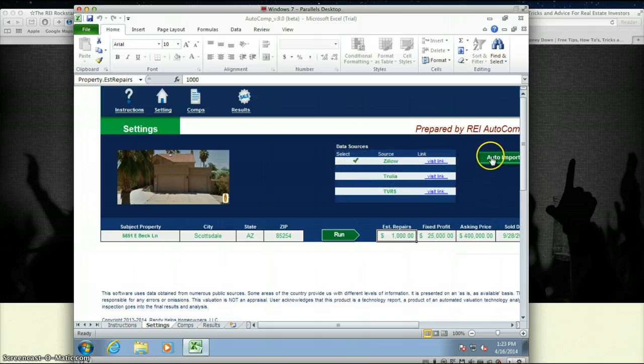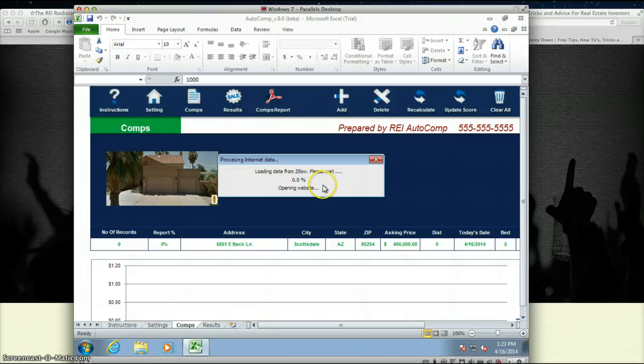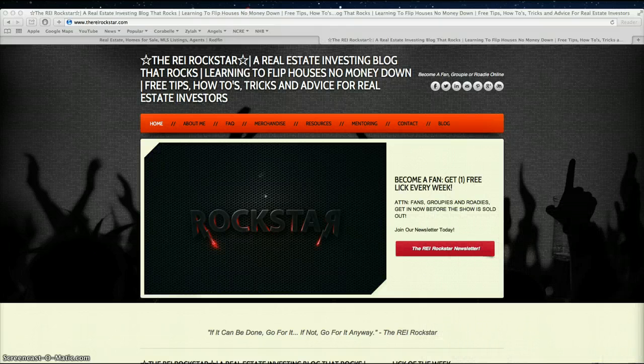You can see I have Zillow selected, and I'm just going to go ahead and select that, and it's going to start bringing in comparables offline. It'll locate them and start bringing them in. And what I'm going to do is set this aside, guys. I'm going to let that simmer for a bit, and I'm going to show you the manual way to do